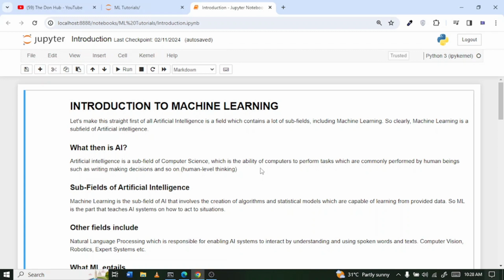Okay, we are going to talk about what exactly machine learning is, some of the fields around it, and make a clear definition about what machine learning is and what AI is, so that you don't confuse yourself with it. I'm sure most of the people out there are confused about what exactly machine learning is and what exactly